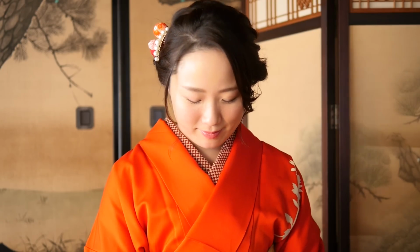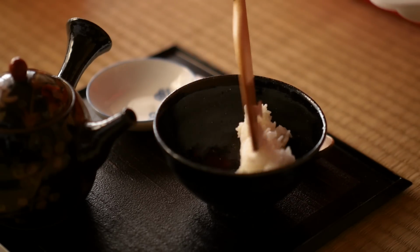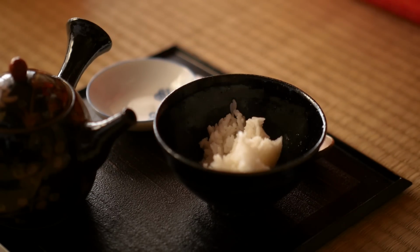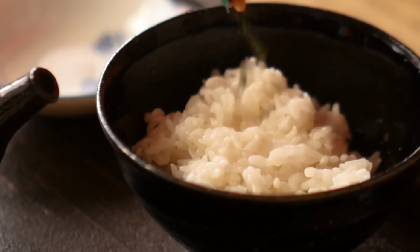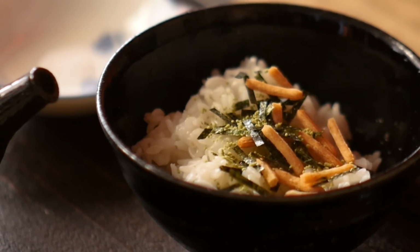All you need is a pack of microwave-ready instant rice, instant chazuke powder, a can of chicken yakitori,